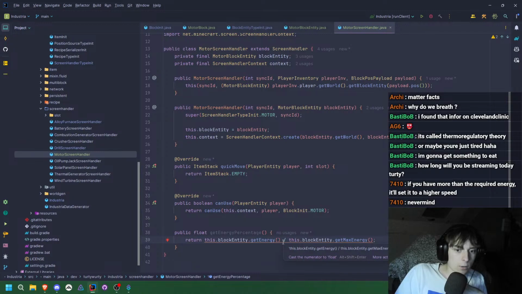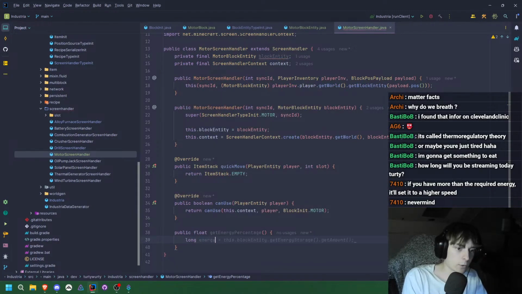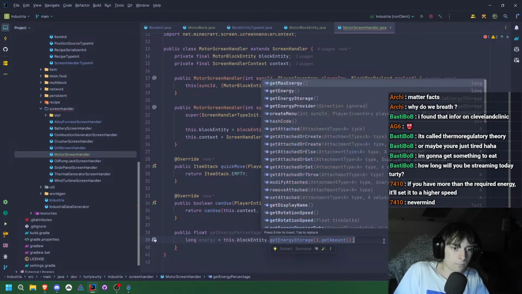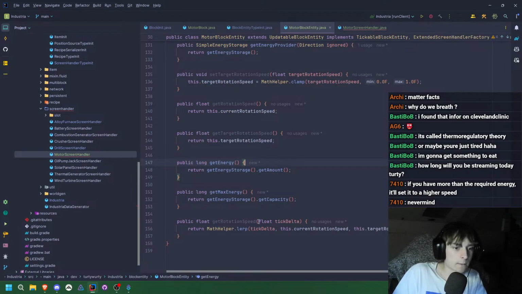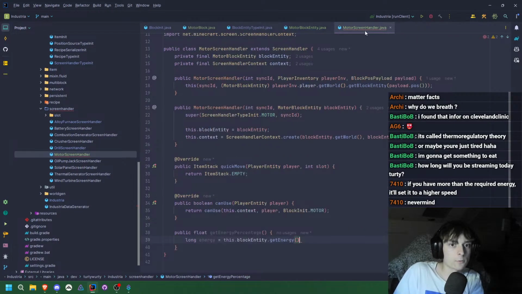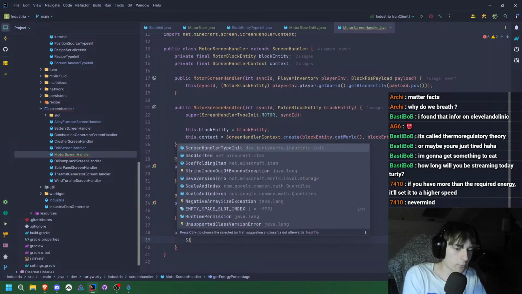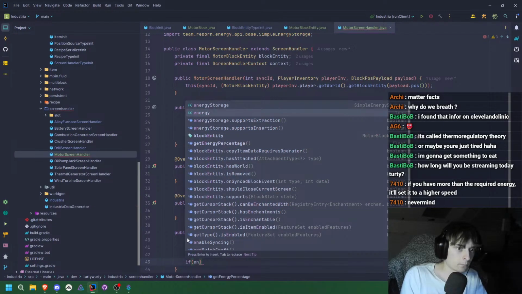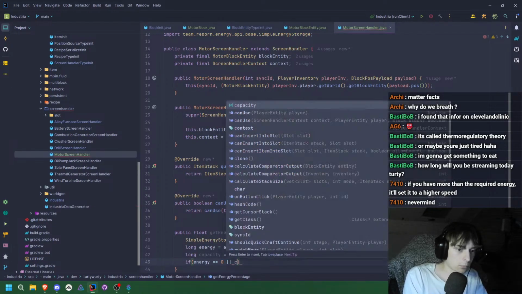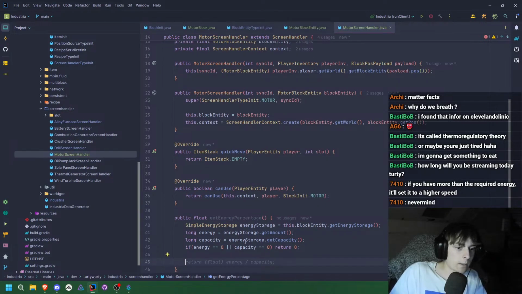That's actually not going to work because those are both floats. So we need to say long energy. You know what? That doesn't really make sense, does it? Let's just get rid of those, because we can already get the energy storage. So we can already just say simple energy storage, and then we can say long energy and long capacity. And if energy is equal 0 or capacity is equal 0, then we return 0. Else we just return